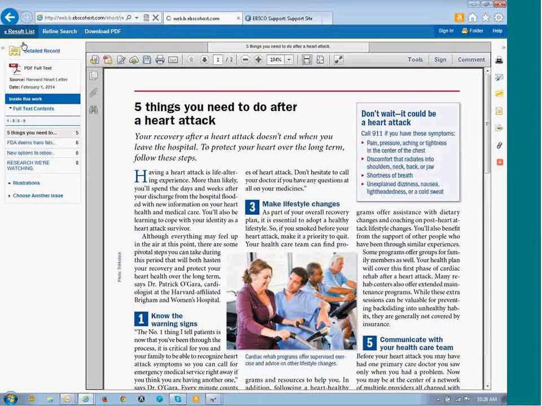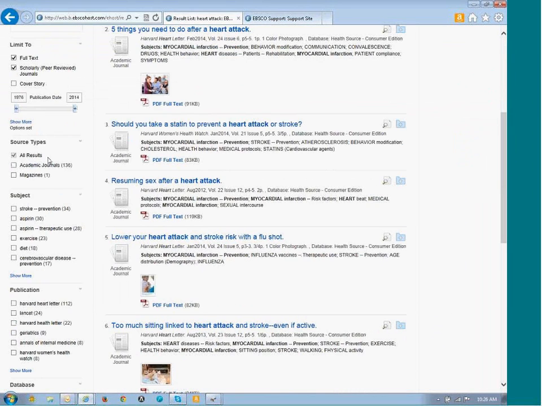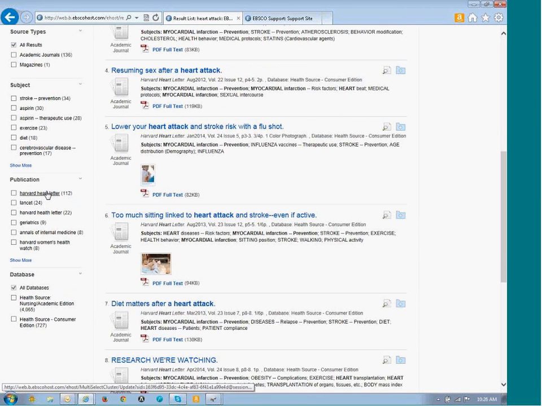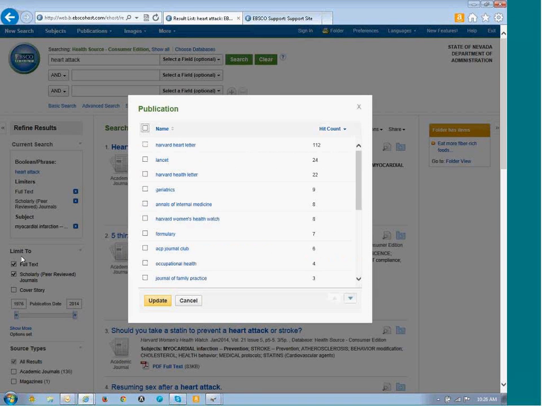Okay. So facets help narrow down the result. And also, what I'd like to point out is narrowing down by the publication. If you or your patrons are sure of some of the quality journals and publications that are found in these sources,